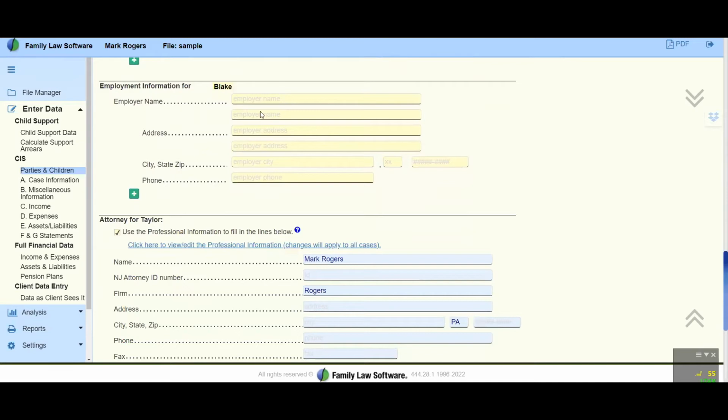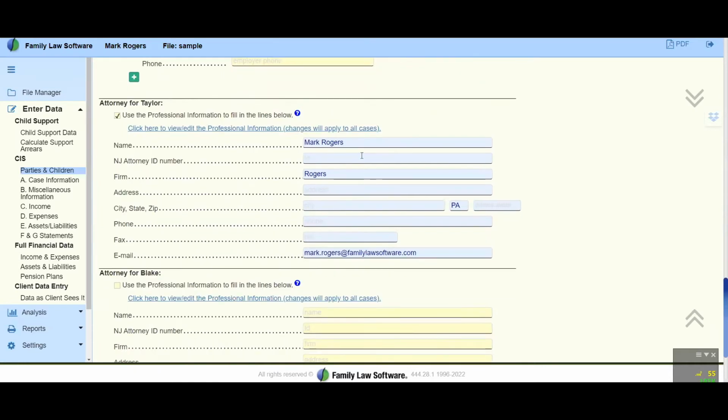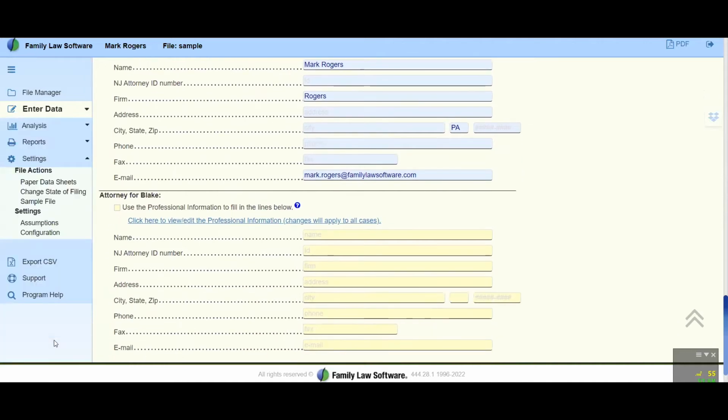Finally, there's a place to use the professional employment information for both parties, enter that, and for more than one employer, just add a second employer. And then finally, we are copying this from the professional information setup that was produced when you first set up the software. If you need to change that, go back to settings down here, and you can change your professional information over here on the,